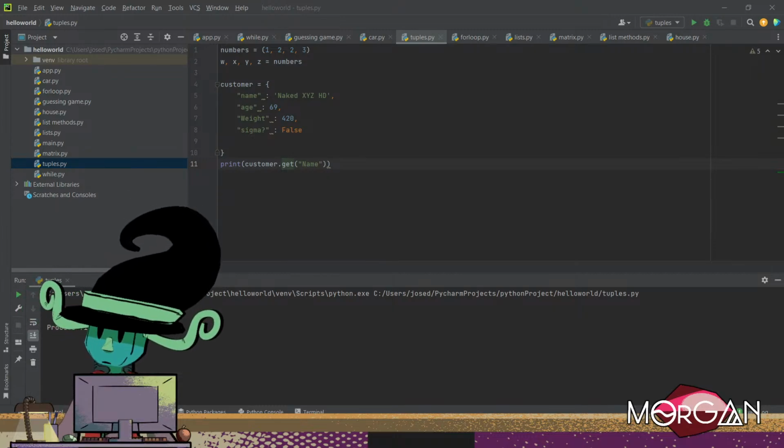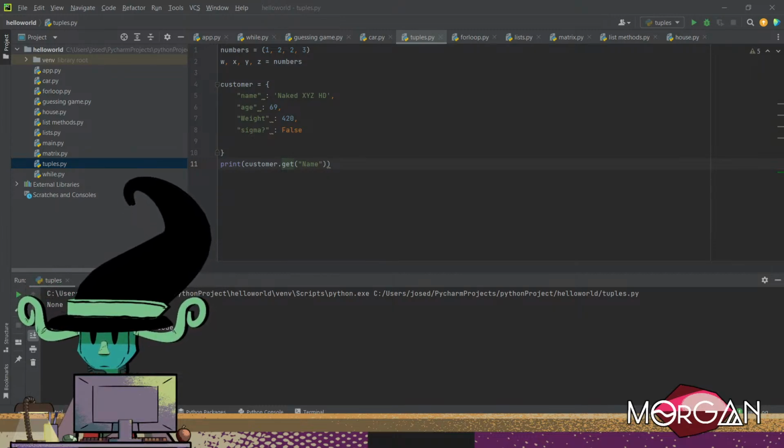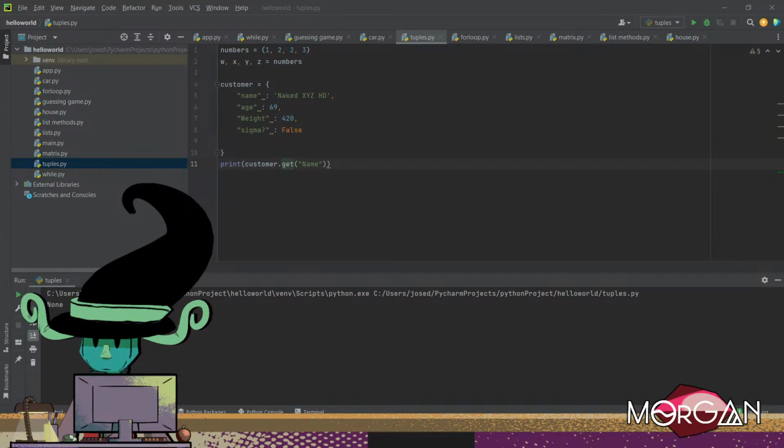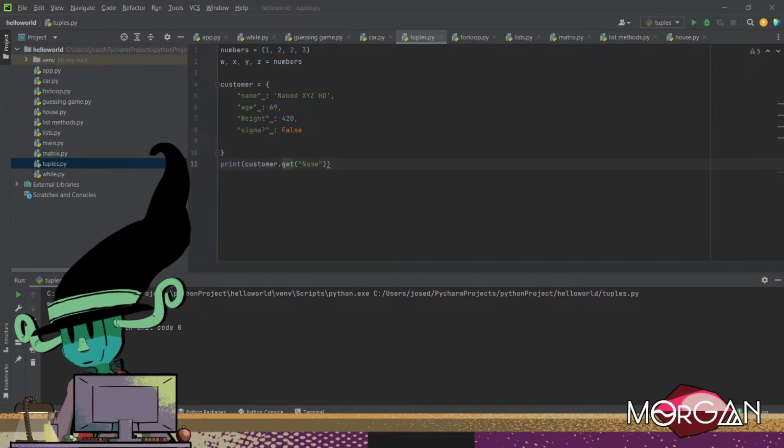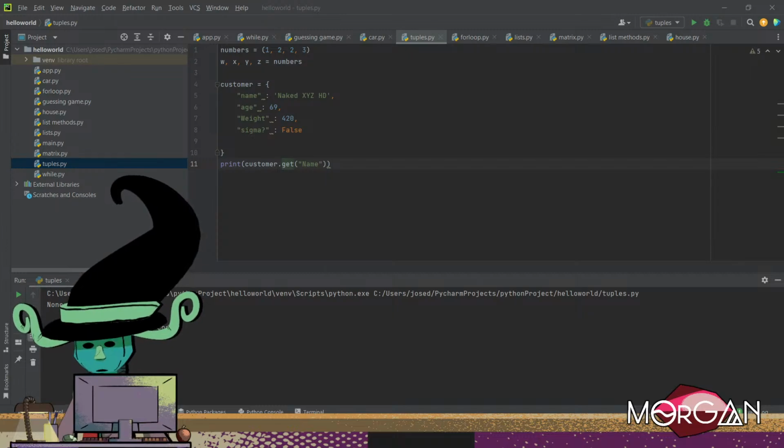This is the get method. Instead of using the square brackets, we call the get method and specify our key. Now, if you use a key that doesn't exist here, it doesn't yell at us. For example, if we pass first date, okay, none. It simply returns the none value. Earlier I told you that none is an object that represents the absence of value. So instead of getting a key error,